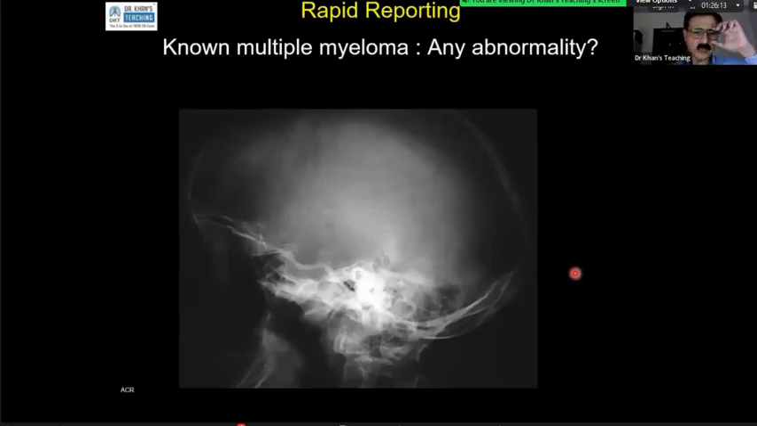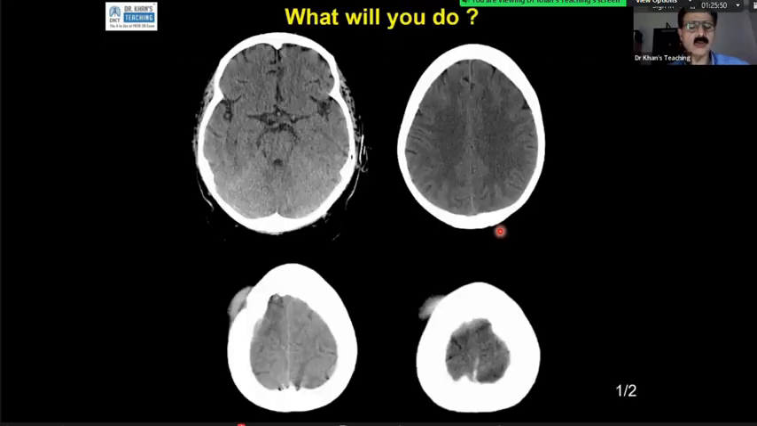Any abnormality? Normal or abnormal? Chat. Punched out lesions. Very good. So there is one here, and maybe one here and one here, but these two are quite obvious, punched out lesions. Now you are reporting this CT scan,